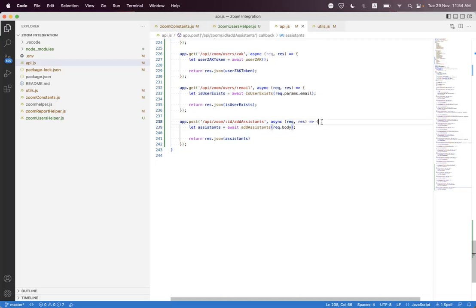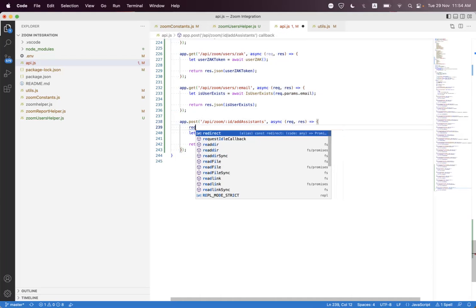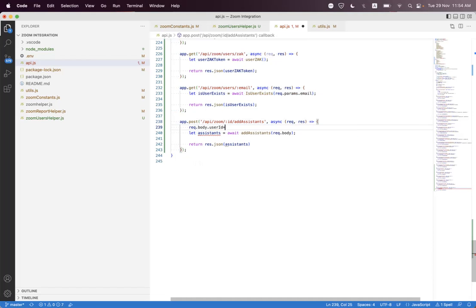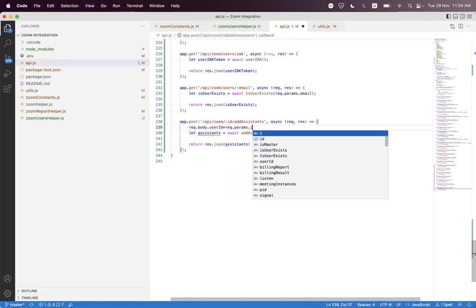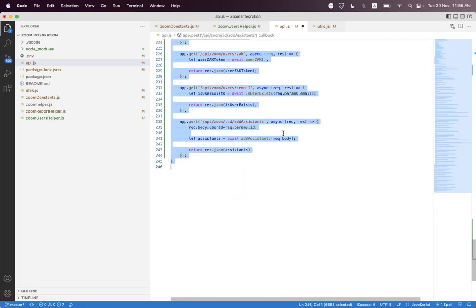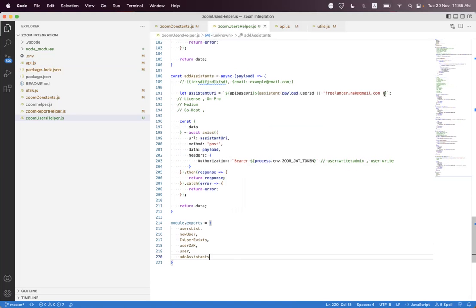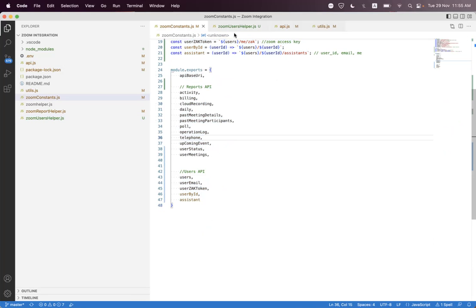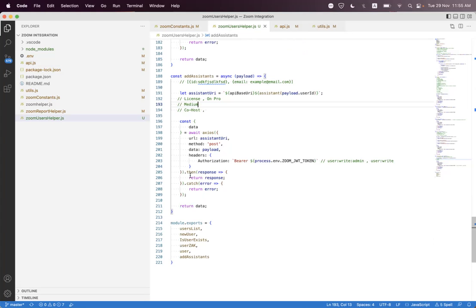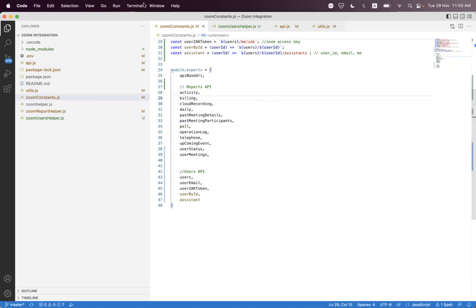So either we can first need to request dot body and we here add user ID and we get the request.params.id. Okay, and then we just need to send that to the assistant, and inside the assistant we need to remove this email, and we are just setting that from the parameter. Okay, so now just I think we do not have, so we must put the breakpoints and then just start